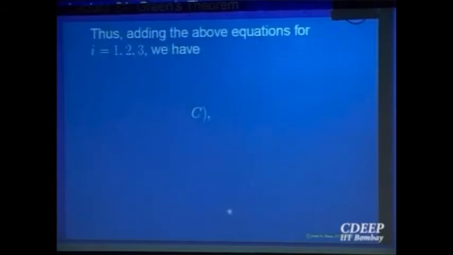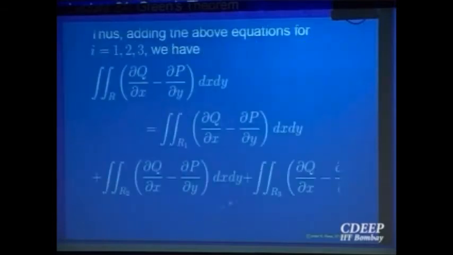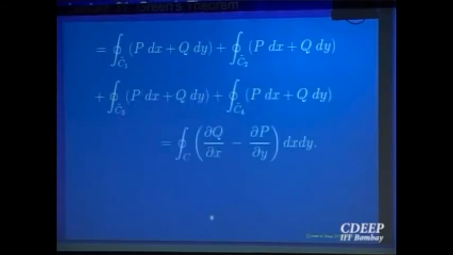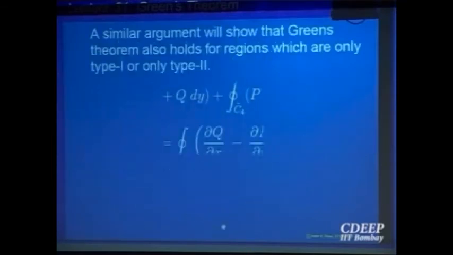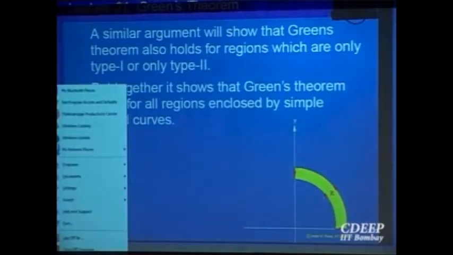So all that is written down in mathematics, you can read it. But the basic idea I have already explained to you. For example, let us look at a region which looks like this kind of part. For this Green's theorem would be true because you can draw lines and cut it into regions which are of type 1 and type 2 both.